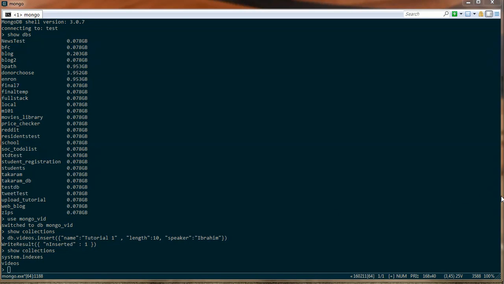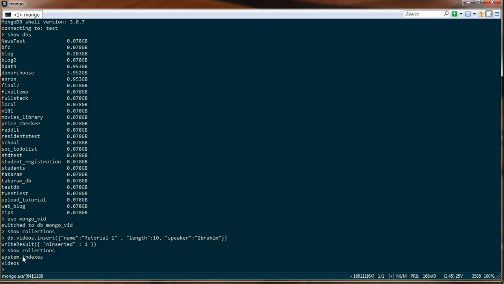Now, for what we're going to do for this purpose, since no tables or collections exist, doing this will automatically create the collection for you. Now, to show the collections, we key in this command again, and we see the videos collection that we've created here. Now, to see the information that exists in videos, simply do